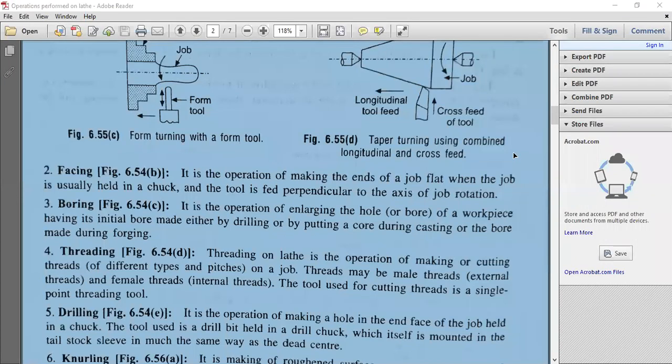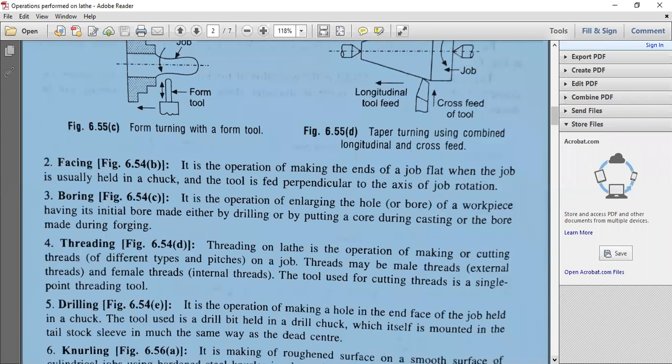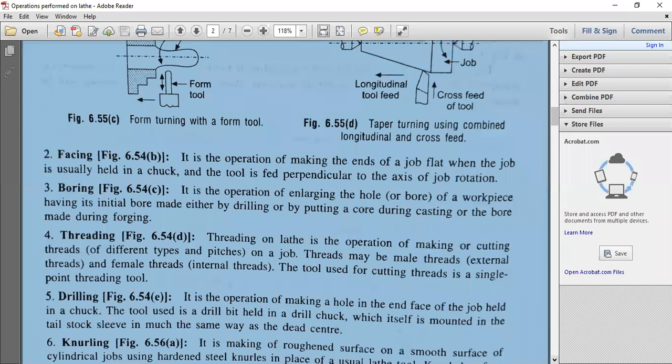Sometimes it will be given in terms of theta, but try to see the standard textbooks: the flank angle is half of the thread angle. We'll see this in detail in the metrology part, the screw thread metrology, about the measurement of screw threads. So that is very important.